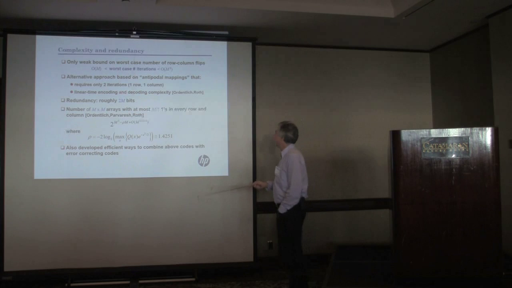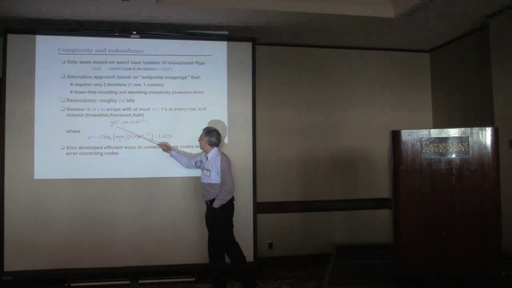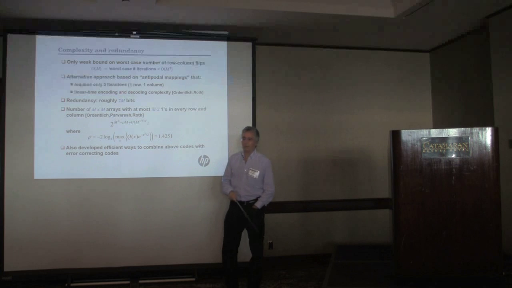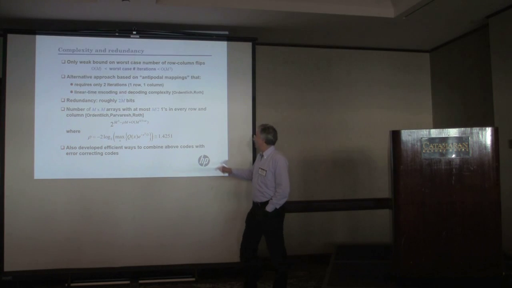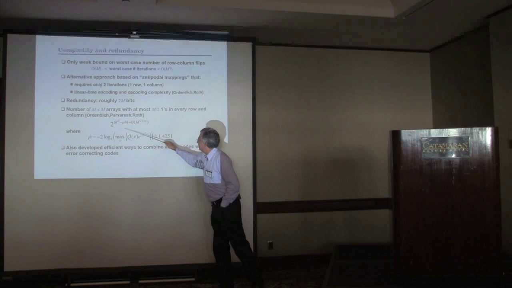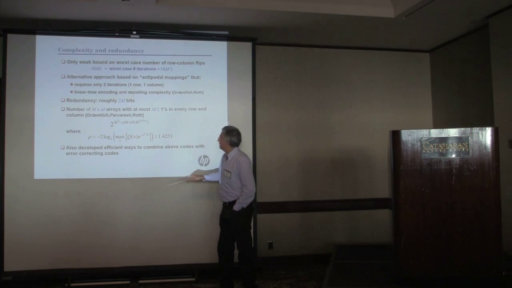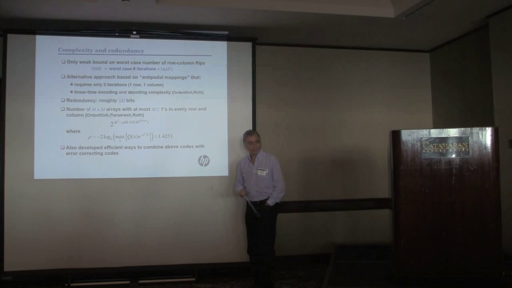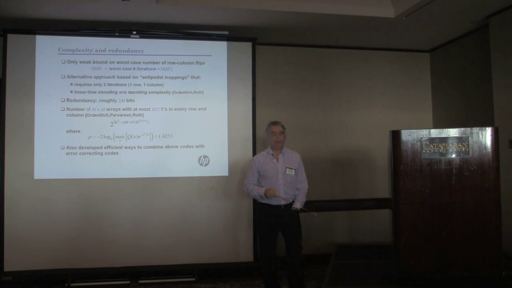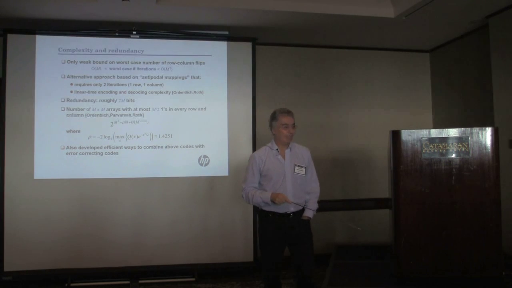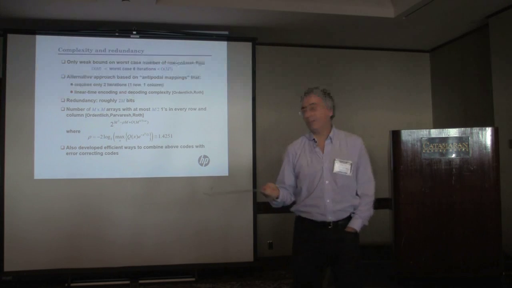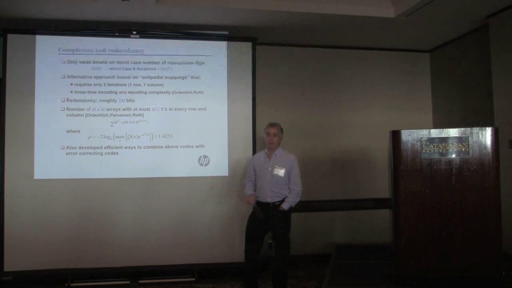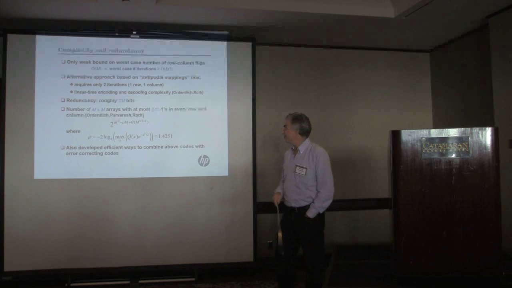Well, they showed, and actually they have a better bound than this today. This is an older bound, but it's good enough for this talk. They showed that actually the best you can do is of this type. So the redundancy is rho m, where rho is 1.4251. So 2m wasn't that far away from the best you can do. But of course, that you can do with very, very high complexity. Okay? So with low complexity, they can achieve 2m.